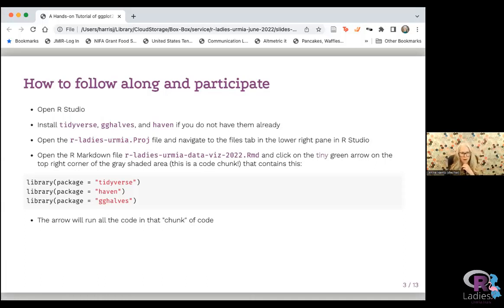You'll see that in the file, the slides contain everything that's in the file, so you'll be able to follow along with the code in the file as well. So the next thing you'll want to do is open the project file. So let me share my screen and show one way to do that for those of you who don't use